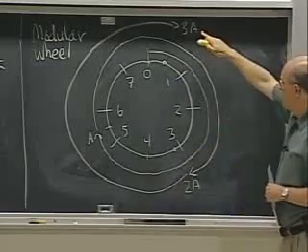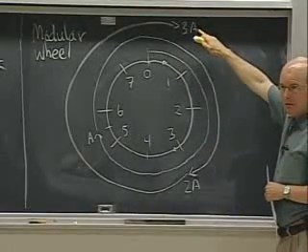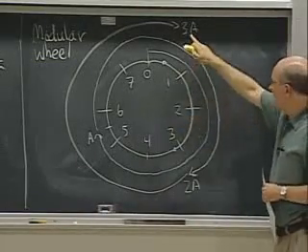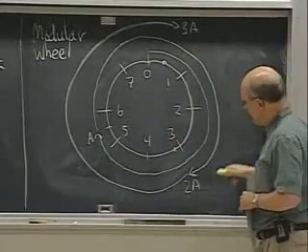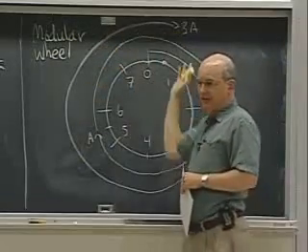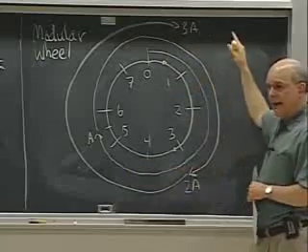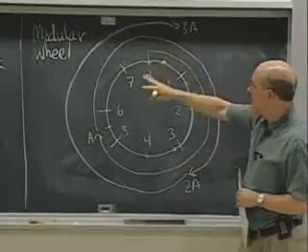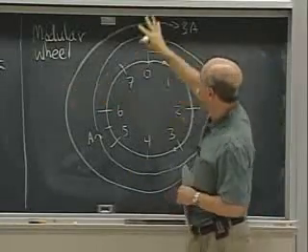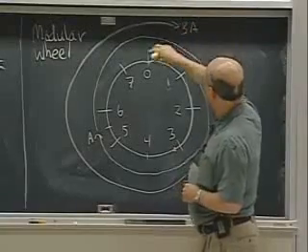So each time I add another A, it's taking me another A's distance around. And the idea is that if A is, for example, odd and it's not too close to a power of 2,